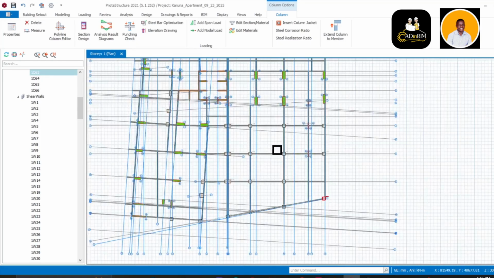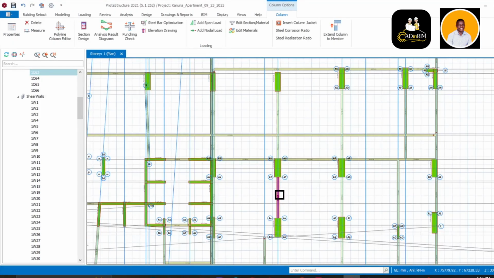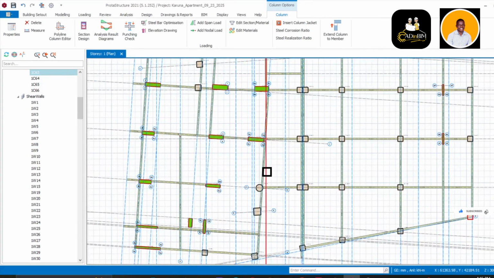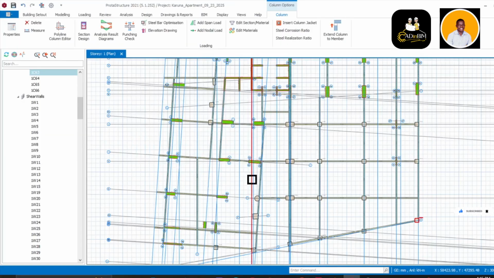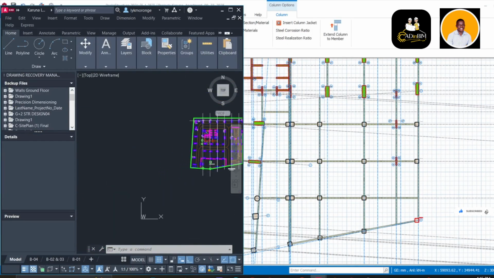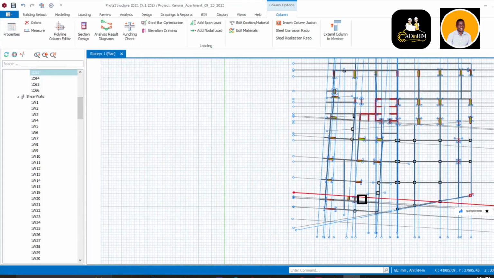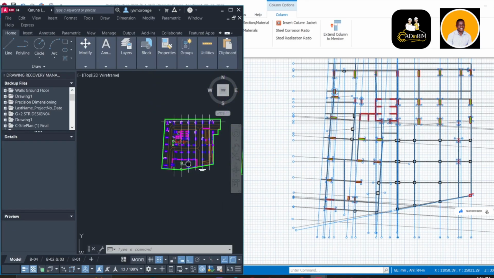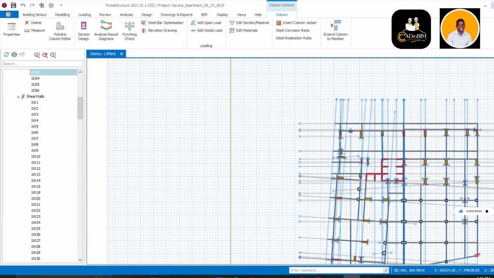So I think now we have completed that part. So we proceed to the next step, whereby we just come back to our plan view and review what we have so far here. So after changing our column, we just try to create this outer boundary, because it's not uniform for the second floor. So we just try to